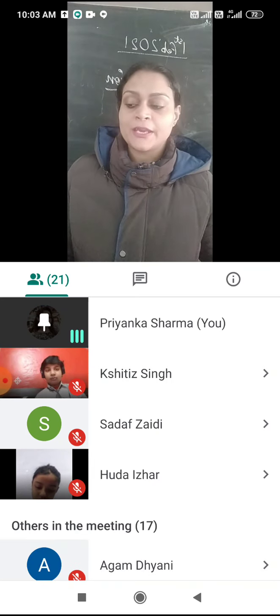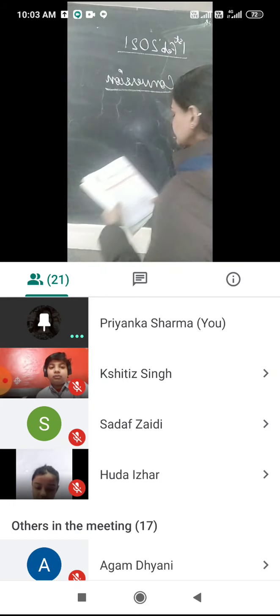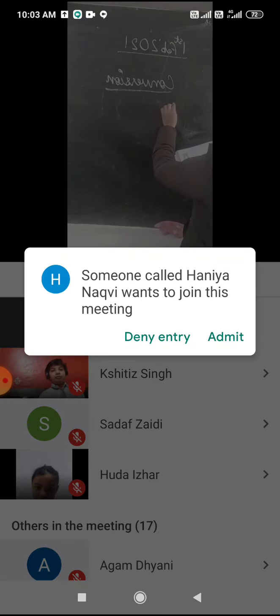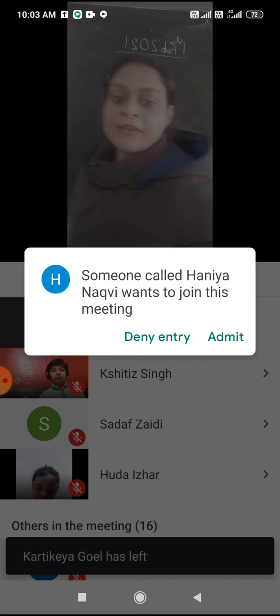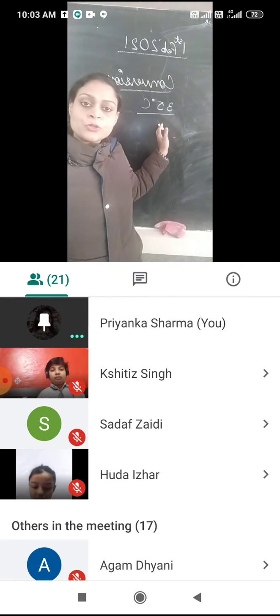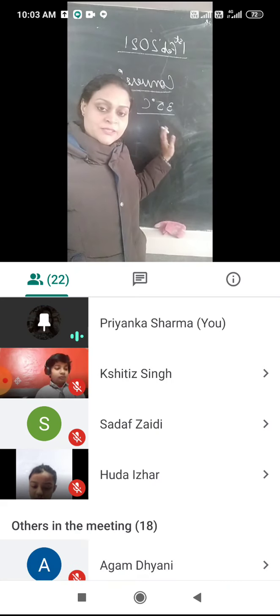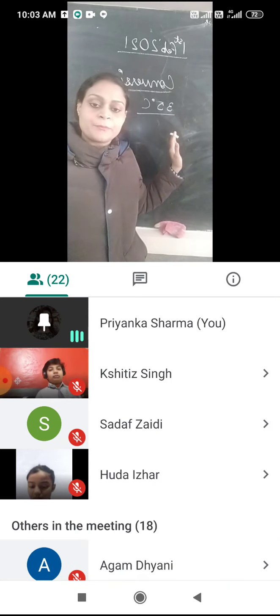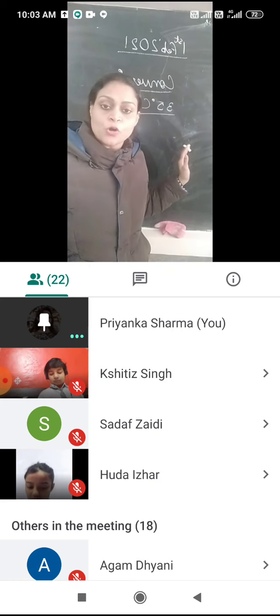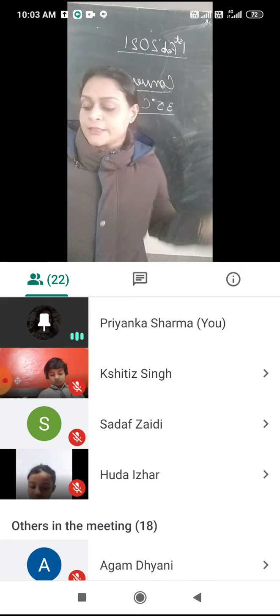The first step is we have to multiply the number. Means if the number given is 35 degrees Celsius, we have to convert this 35 degrees Celsius into Fahrenheit. There are 3-4 steps that need to be followed. First step is multiply the number which is given to you by 9.